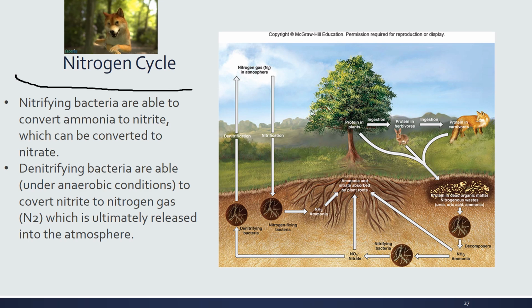Nitrogen cycle. This is critical. This is a cycle that is traced through a molecule called a protein. So when we talk about the nitrogen cycle, this is where organisms eat protein to stay alive. But anyway, we have bacteria that live in the soil, which is why soil is important, that recycle protein